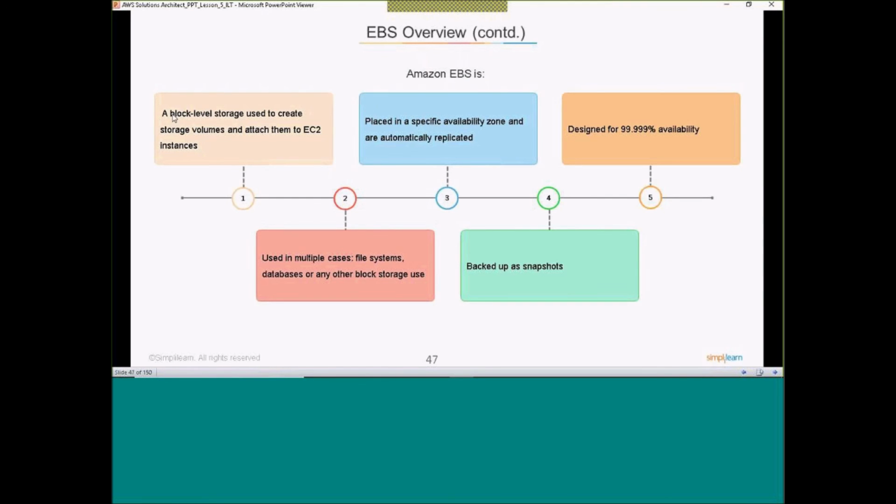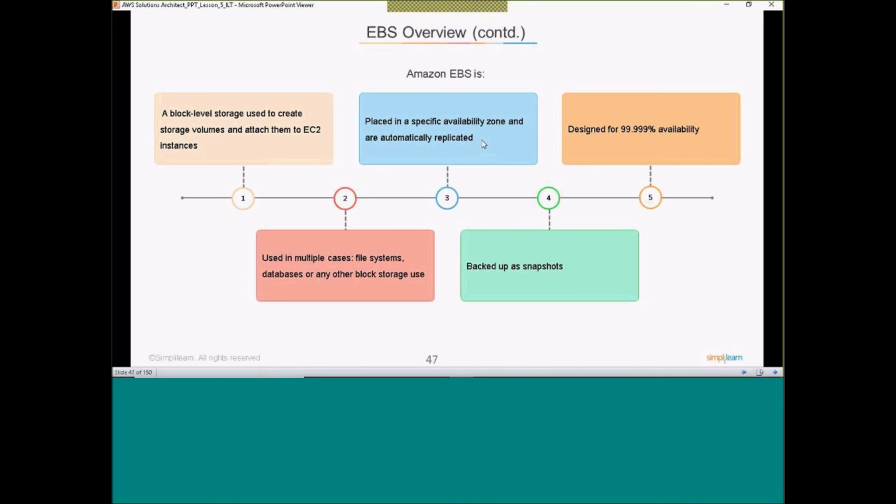Amazon EBS is a block level storage used to create storage volumes and attach them to EC2, placed in a specific availability zone and automatically replicated. Replication, or the availability part, is done by Amazon. And we always say if I want to attach an EBS volume to an EC2 instance, I have to keep both in the same availability zone.